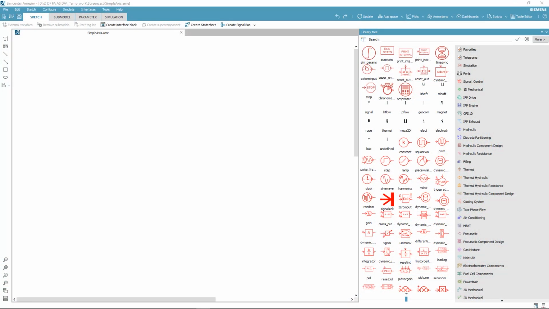Simcenter Amesim is a 1D multiphysics simulation tool. In order to build the model for your machine, you will need as a first input a simple diagram of your system. Let us model a simple hydraulic axis and connect it to TIA portal and our virtual controller PLCSIM